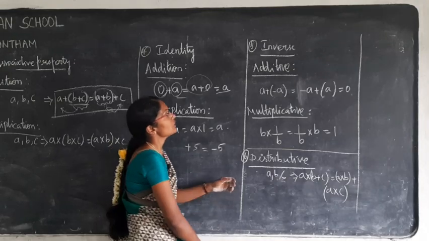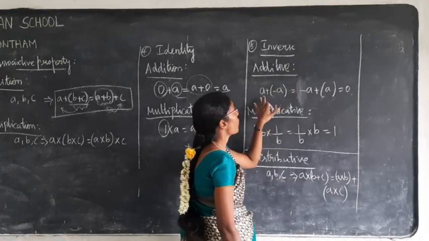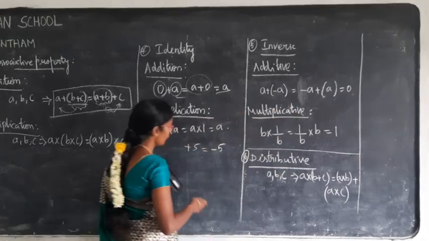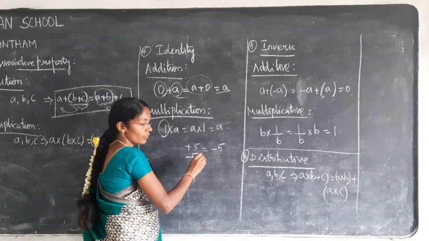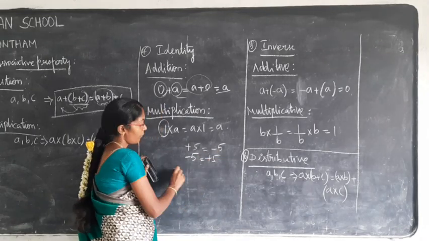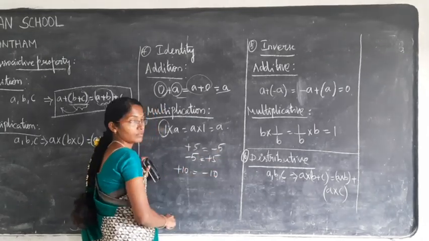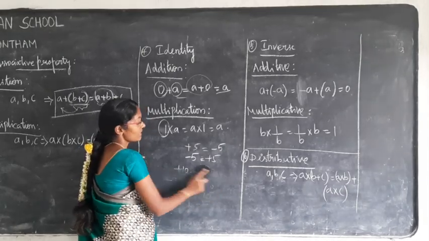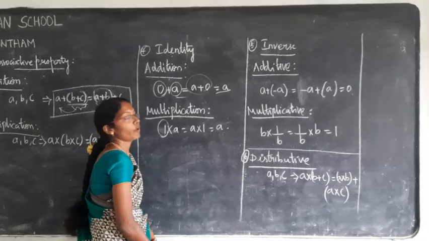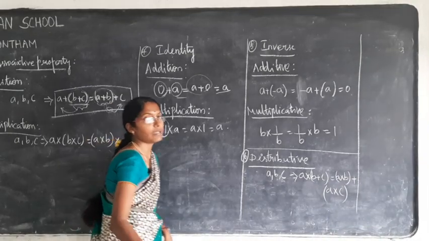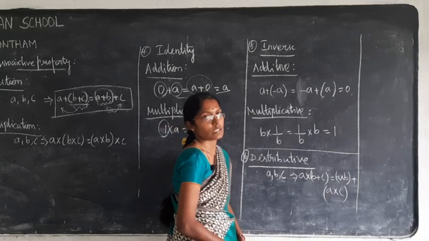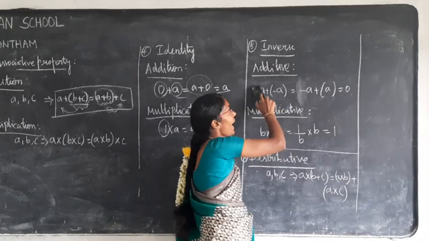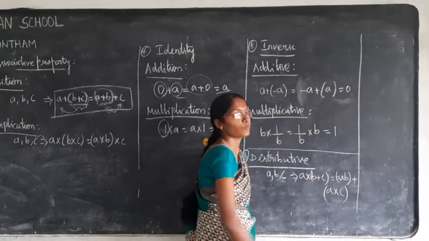Okay, see here, additive inverse. So if you get plus a, you will get minus a. If you take minus 5, what is the additive inverse? Plus 5. For plus 10, minus 10. For minus 10, you will get plus 10. Okay, so this is the inverse. If you have plus sign, you will get minus sign as the inverse. So additive inverse: plus a and minus a. If you add those two, the result is 0.